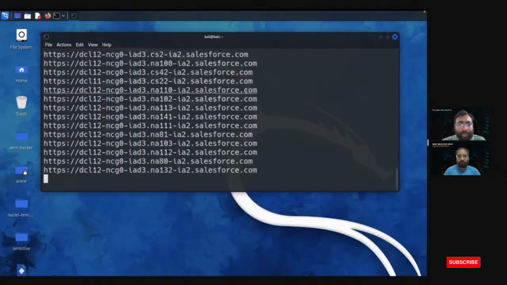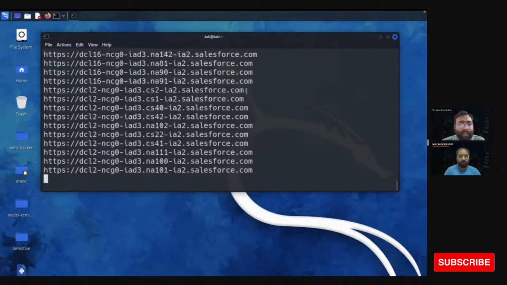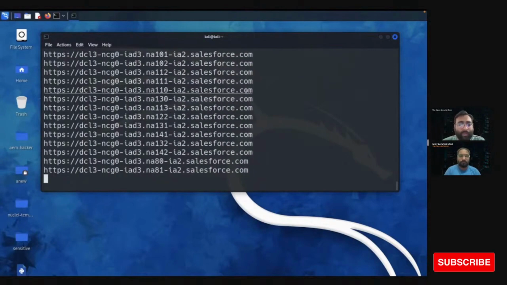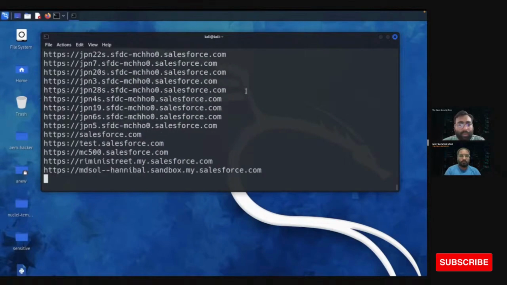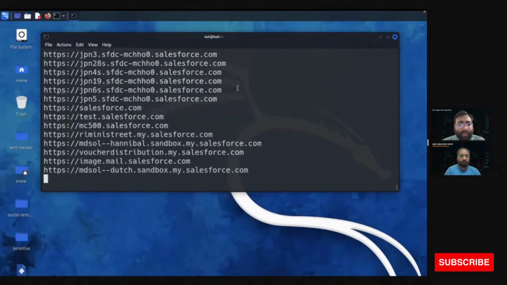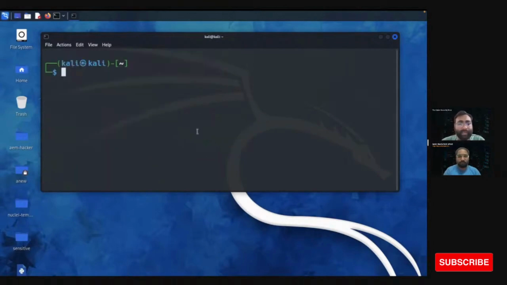So you can see httpx is filtering some of the domains and only displaying the live domains. All these domains are live and currently working. So you have salesforce.com, test.salesforce.com, mc500.salesforce.com, image.mail.salesforce.com. So we have multiple subdomains that are live.